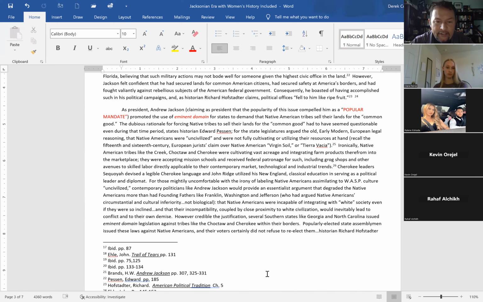And that didn't work. So what they did shrewdly is they made it about power, right? Most of the judges were conservative, old school Federalists. They did not want to concede power to the states. They wanted the federal government to have more power than the states did in our federal structure. And so William Wirt and the Native American lawyers shrewdly said, okay, if the states can issue eminent domain laws,